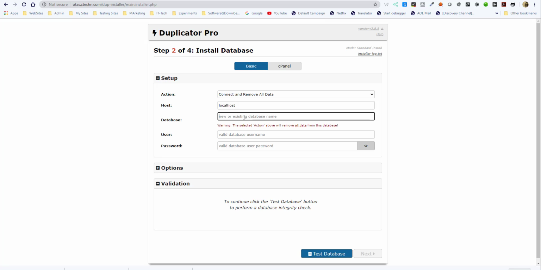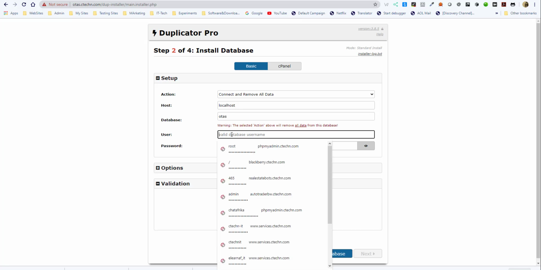What you do is, in your database, say connect and remove all data. So basically, if there's an existing database, it would delete all the data and replace it with a new one. I think that's what we want to do in this case, because there's nothing in there. Even if there was something, what we're doing is restoring, so we don't really need any of that old data. Then the database name, if I could remember, I think we called it photos, and then the user is